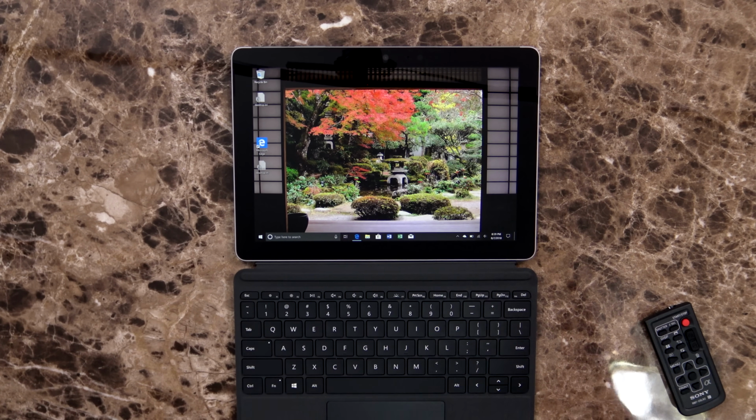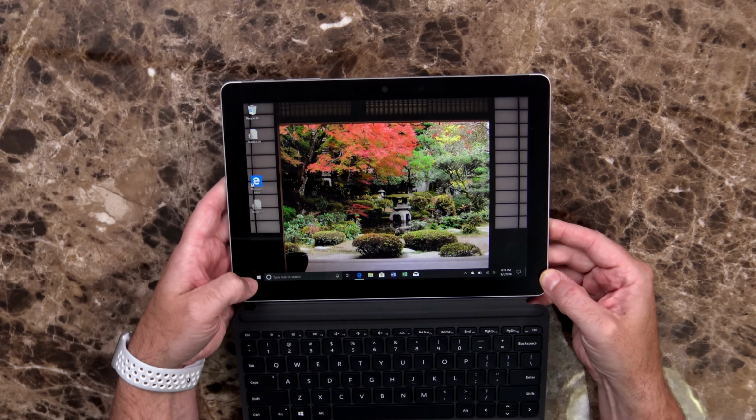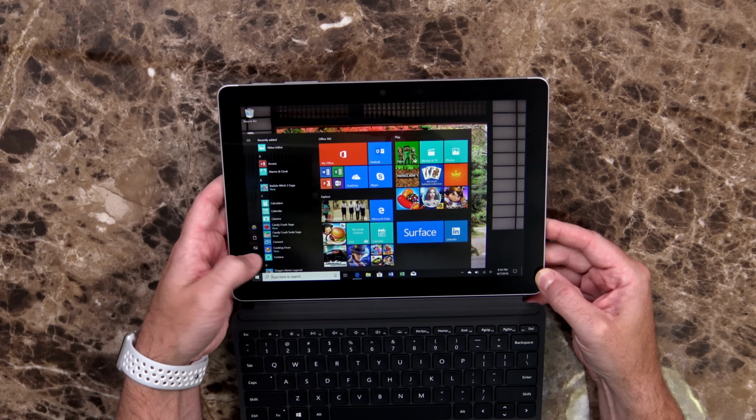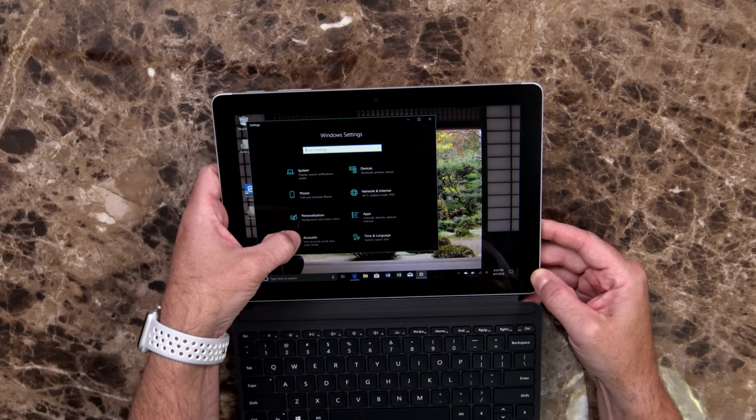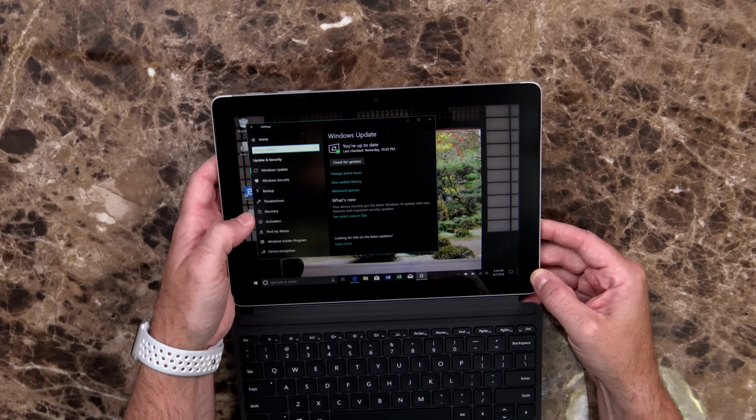I can't use any third-party apps. Very, very limiting. So to go ahead and do that, you would just hit the Windows button down here, you hit the settings menu. Here in the new control panel, as it were, you go to update and security, you go to activation, and